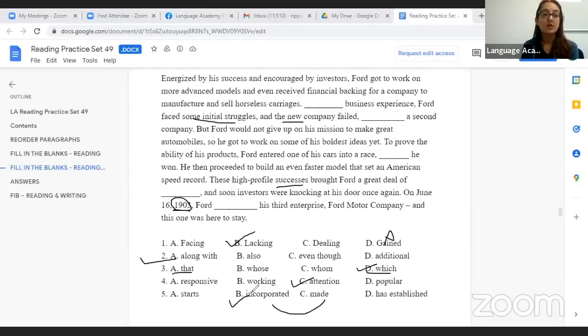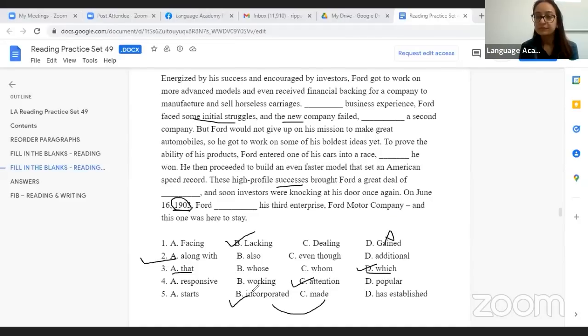Great deal of what, so whenever the question is what, we have to put a noun in that case. And out of the four options, we had only one noun. The noun form of popular is popularity, and the noun form of responsive is responsiveness. Working is not a noun. So the only option with noun was attention. And the last one was based on, first of all, tense. We needed past tense, and we had two, but when we talk about a company in particular, incorporated is a better formal word in business context,